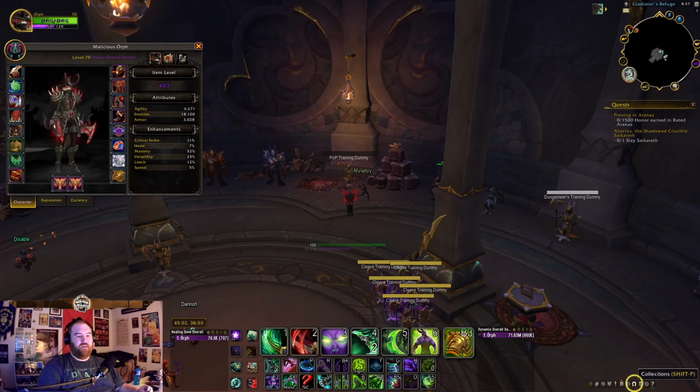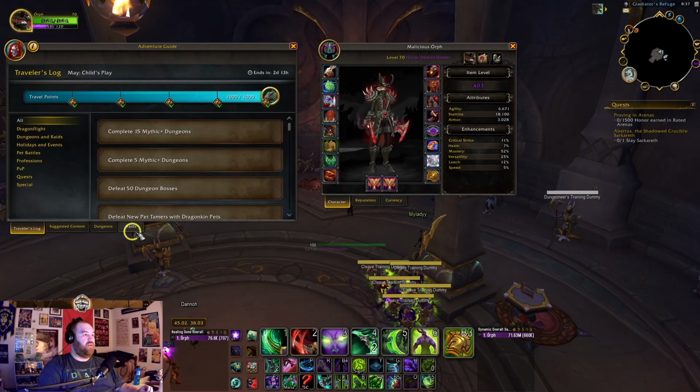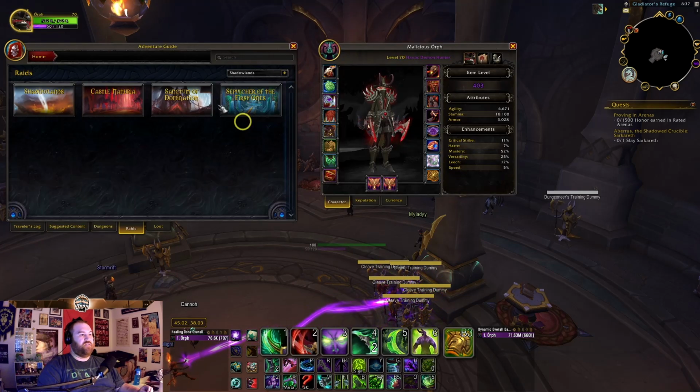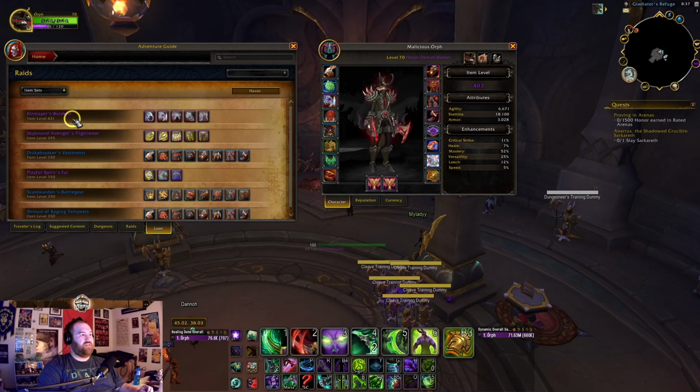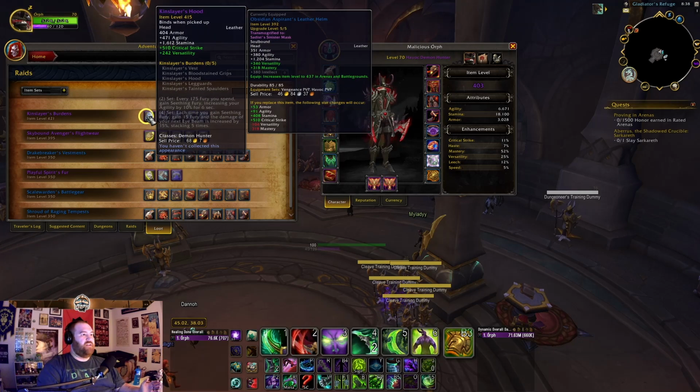So with the 4-piece and how to find what your tier set is, you go to Adventure Guide, go to Raids, you change this to Shadowlands, you go down here to Loot, you change powers to item sets, and boom, it's your first one. So what I'm looking at for my 4-piece, which, by the way, 2 sets every 175